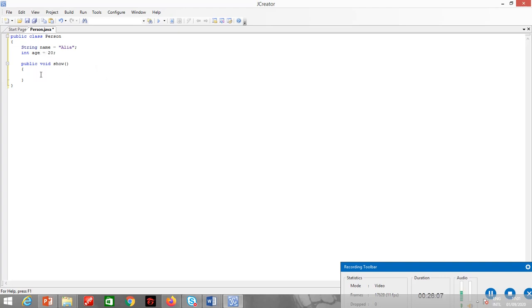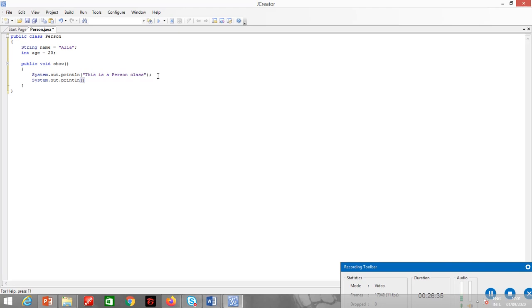Public void show. What I am going to print is System.out.println, this is a person class, and then I will print the values of the instance variables.